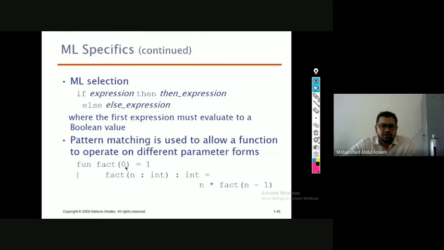So if you pass 0, what does it return? It returns 1. Here this vertical bar symbol is used when you are writing the function using the pattern matching approach, right? And it means that it checks the parameters. If the parameter is 0, it takes this. If the parameter is not 0, then it will check for this, where it could be n, which is nothing but an integer, right? So if it is not 0, then this has to be executed.